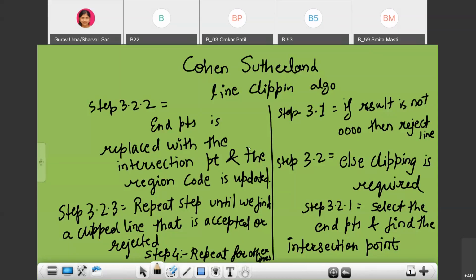Then next we will select the endpoints and find the intersection point. Then we will replace the endpoints with the intersection point and assign the region code, and the region code is updated. And then we will repeat this until the line is fully accepted or rejected. And step 4, that is last, is to repeat this procedure for all other lines. So this is the Cohen-Sutherland line clipping algorithm. I hope you have understood this.